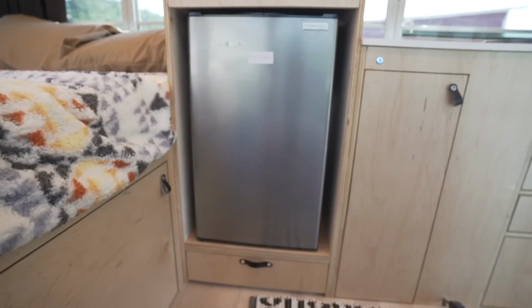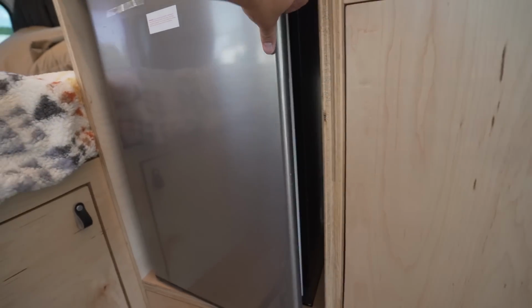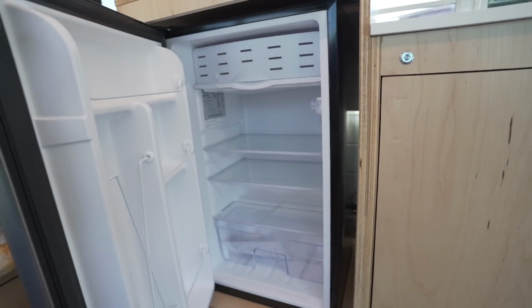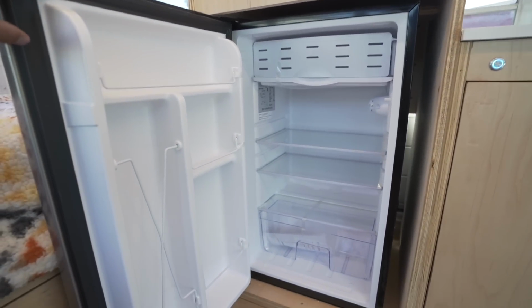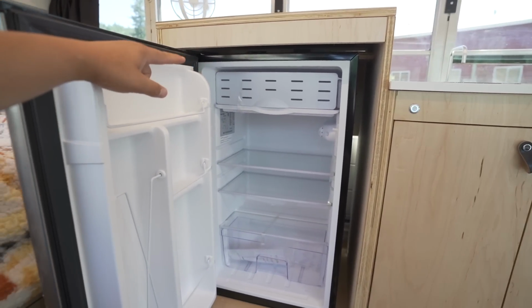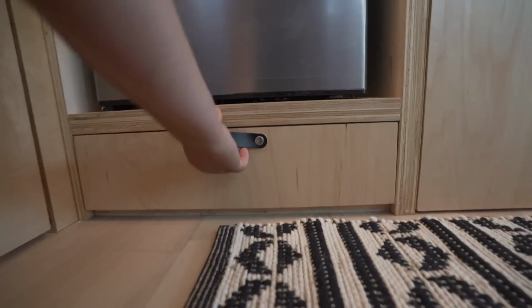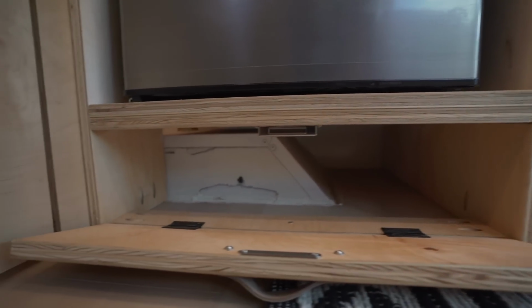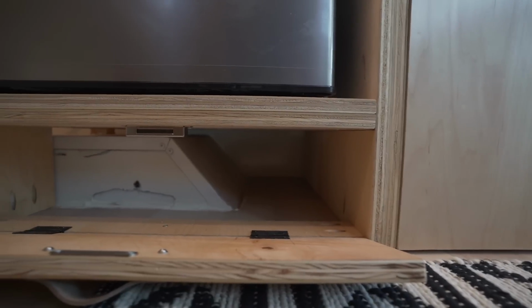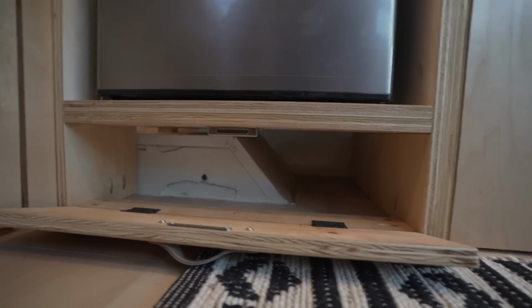But let's head back down here to the 12-volt stand-up fridge. I've done the chest stuff before, and it's all fine and dandy, but we did a stand-up in our last bus, and it was such a game changer. We kind of loved it. It's got a little bit of freezer space, so you can put ice cream, things like that in there. And then down here, to kind of utilize this weird space, we just made this little pocket here, so you can at least try and stuff something in there,